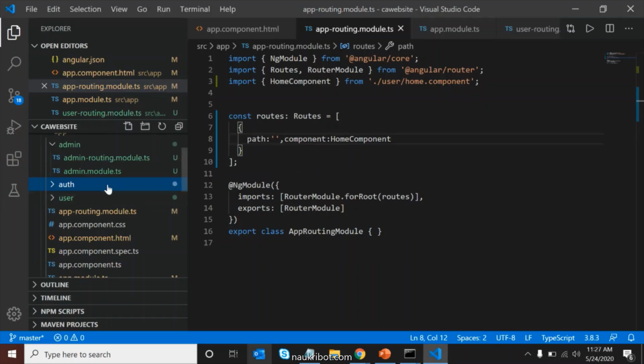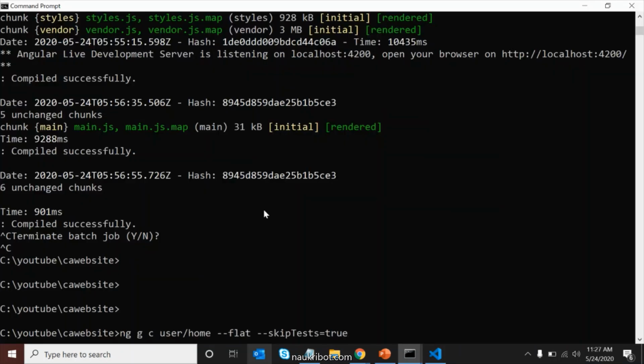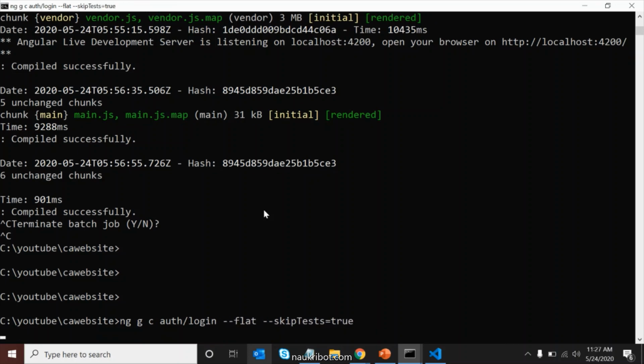So now what I will do is, in the same way, I will create the routing for other things also. Like we saw that we have created it for user. Now I will create the login and sign up components. So I will go here, and inside this I will write for auth. I need a login page. After that we need a sign up, forgot, and change password page. Correct.